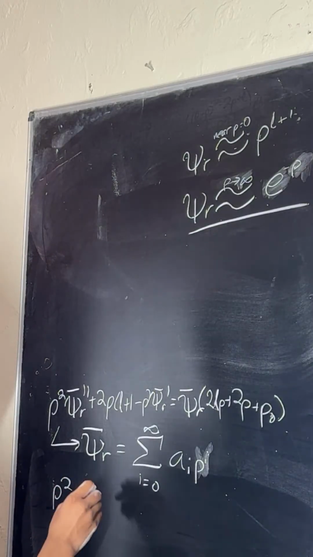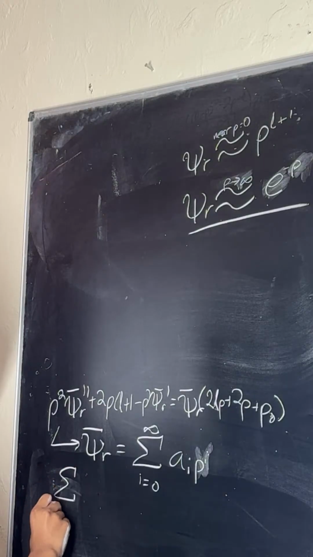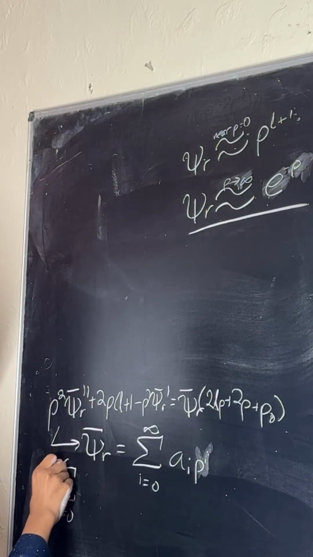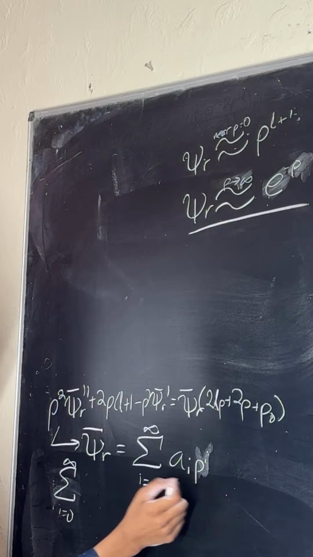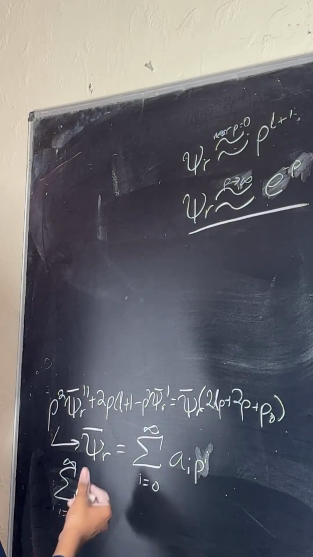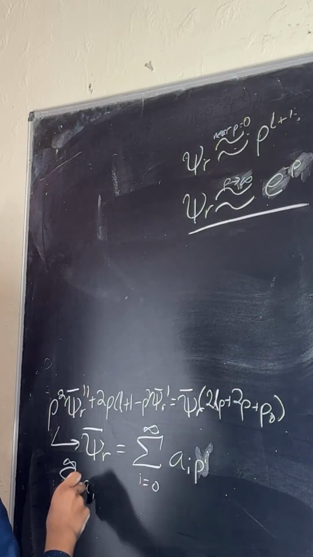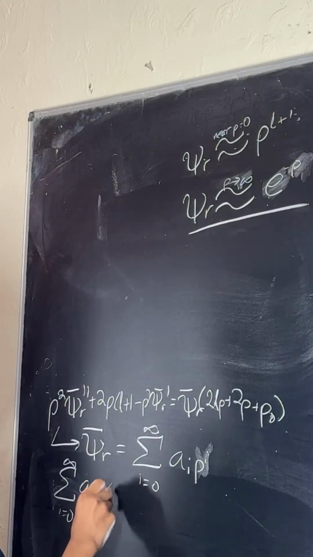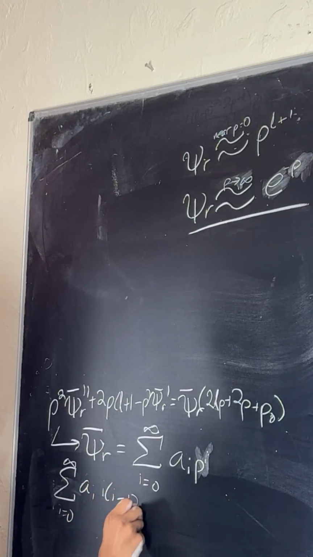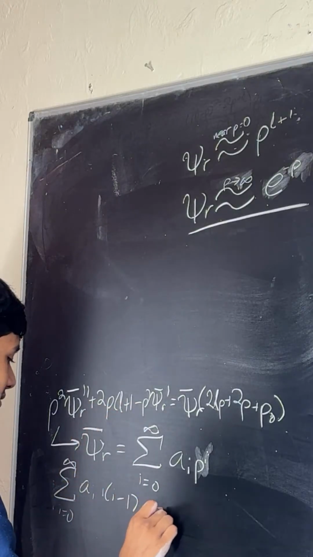We take the second derivative and we get the sum from I equals 0 to infinity of, normally this would be rho to the I minus 2, but it gets multiplied by this to get normalized back to rho to the I. So you get A I times I minus 1 rho to the I, plus whatever this abomination is,